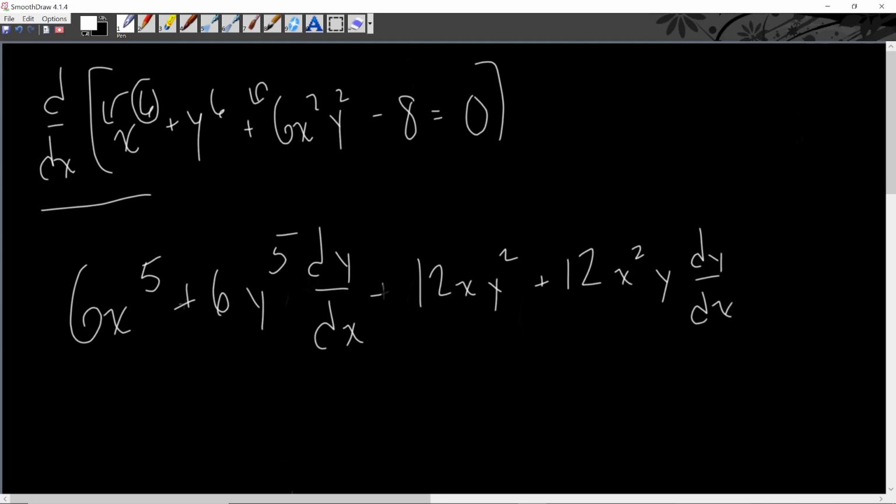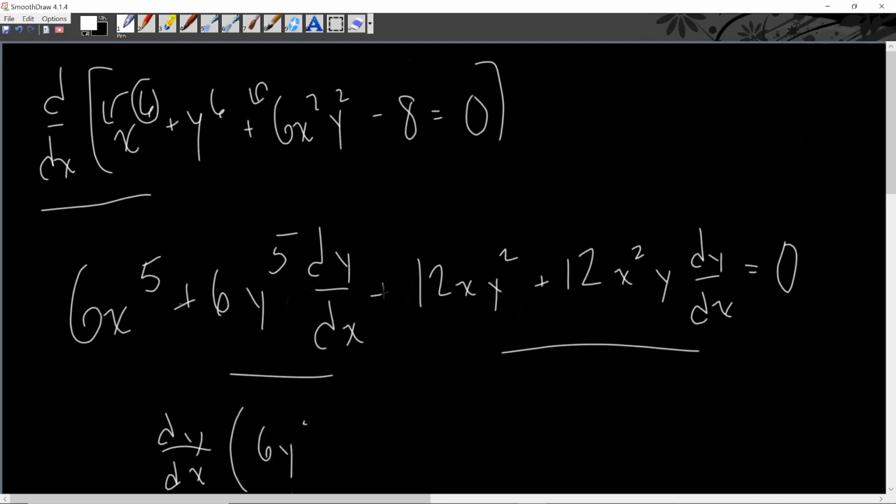And then again, derivative of a constant is 0, so derivative of 8 is going to be 0, and derivative of 0 is going to be 0. And now let's bring our x squared and y squared and all that stuff to one side. So we have 6y to the power of 5 dy. Well, actually, I'm going to do this in one step. We have dy dx common to both of these terms, so we're going to bring them out. Dy dx